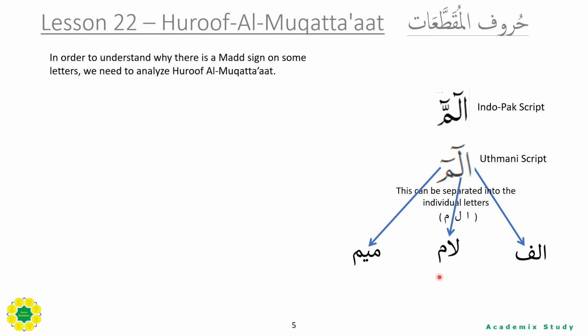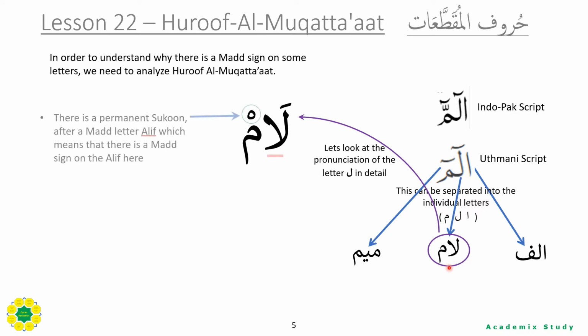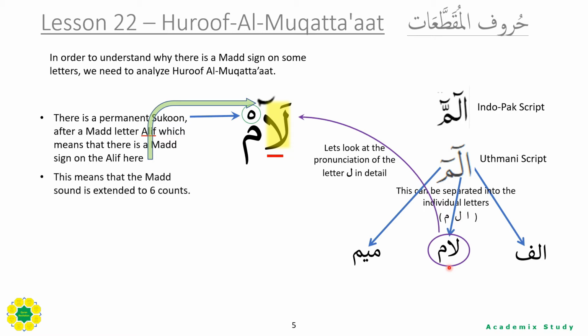Now, if we take one of these letters and we write it out with all the vowel signs on it, in order to make it easier to pronounce, we see that there is a permanent sukoon following a mad letter. As you already know, if there is a sukoon or a shadda after a mad letter, this is called mad lazim, and the sound is extended to 6 counts. It is in fact this mad on the alif that you see on the lam when in the composite Huroof